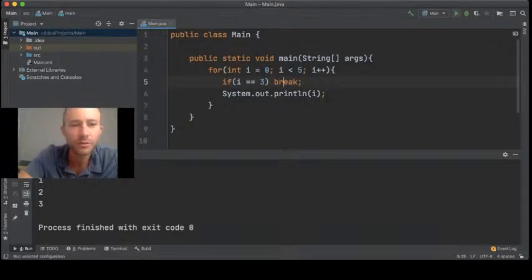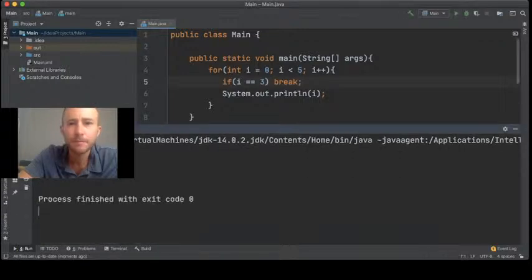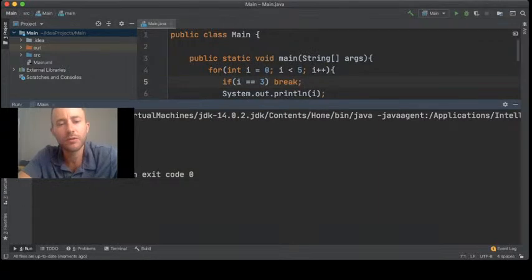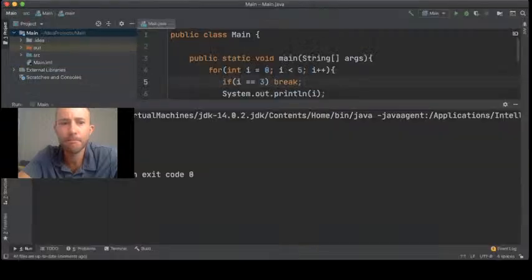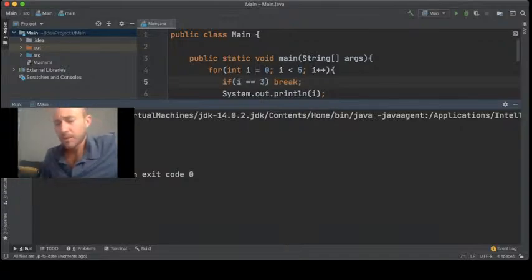Let's see if it does what I think it's going to do. Break statements are handy. Yep, it printed out 0, 1, 2. All right. My intention was to do while loops,